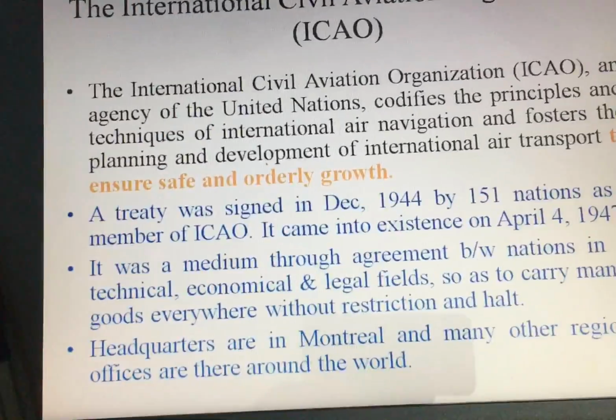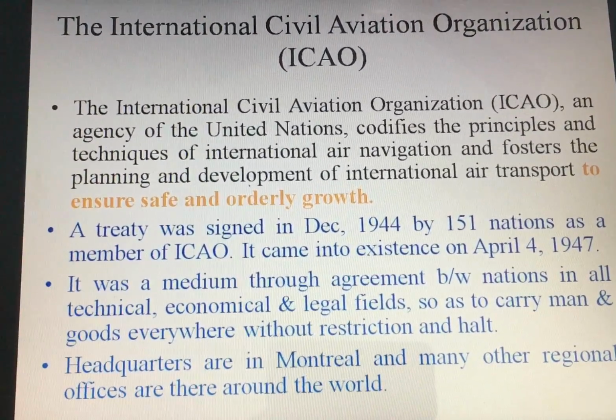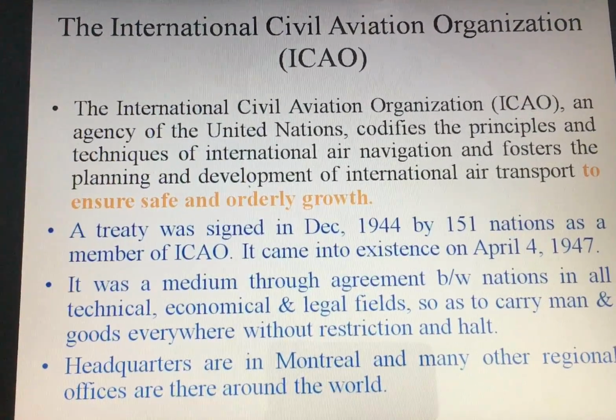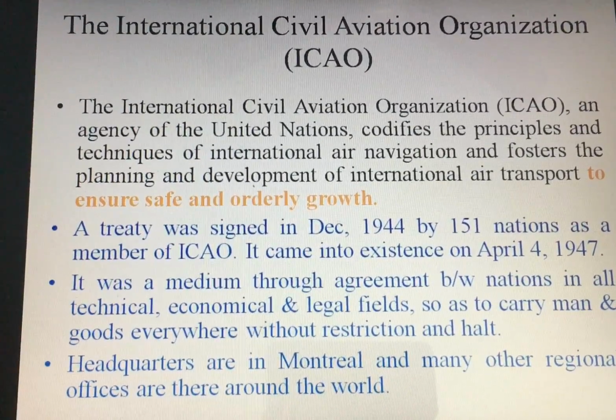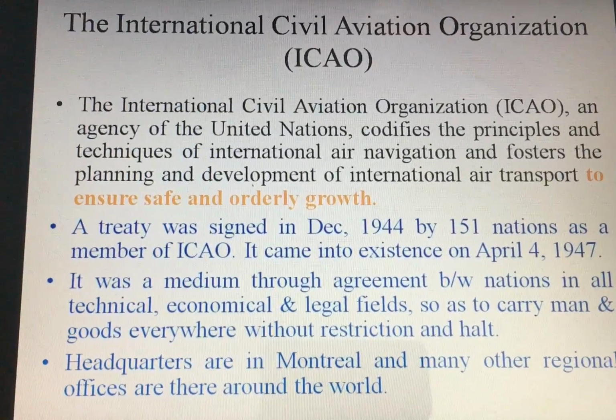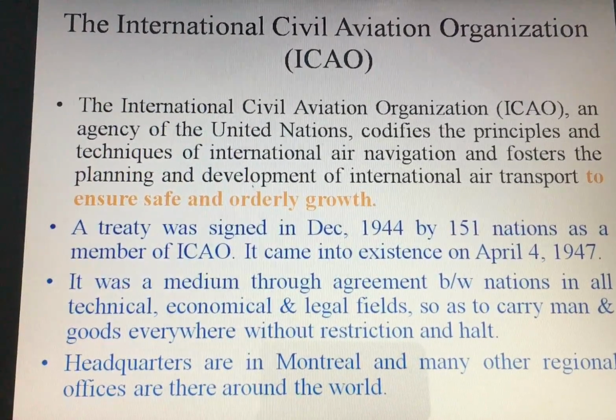Next is ICAO. It means International Civil Aviation Organization. The International Civil Aviation Organization, an agency of the United Nations, codified the principles and techniques for international air navigation and fosters the planning